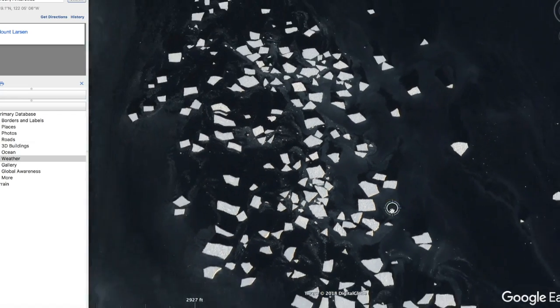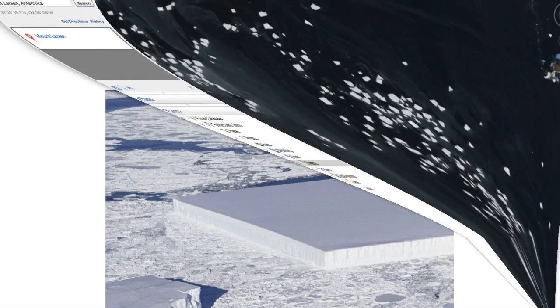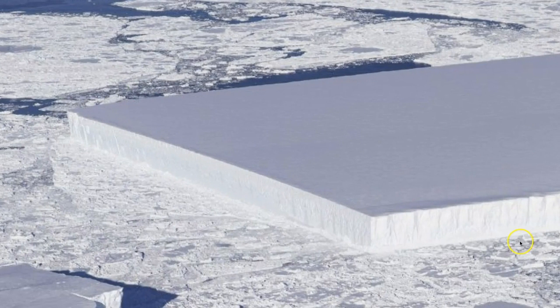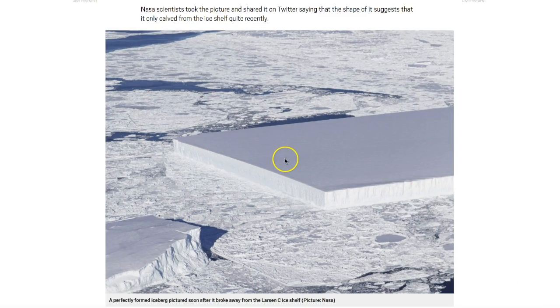They don't look natural. I totally agree. Nature, from what I understand about nature, doesn't necessarily work in 90-degree angles. But I will say that Antarctica is kind of that exception to the rule, especially when it comes to calving of ice sheets. Sometimes they will come off in perfectly 90-degree angle shapes. So this example here is an exceptional example of that, but I wanted to show you what it looks like